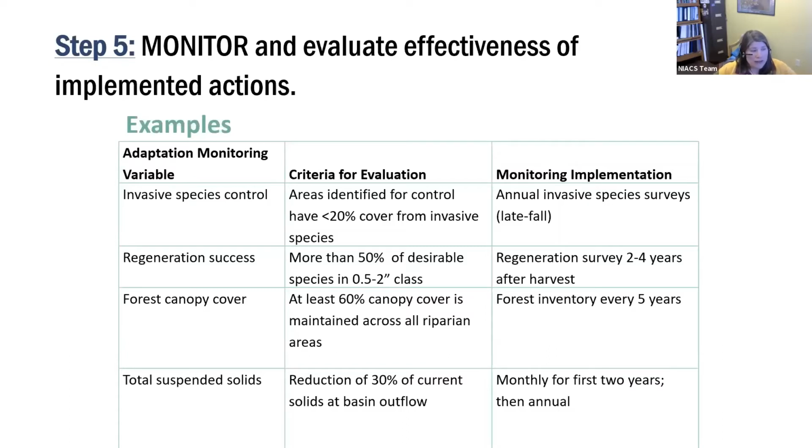For one related to forest canopy cover, we're looking at least 60% canopy cover being maintained across all riparian areas. And we're looking at measuring that effect every 5 years through standard forest inventory. For one more related to watershed management and looking at total suspended solids, we're looking at a reduction of 30% of current solids at basin outflow, and measuring that monthly for the first 2 years, and then switching to annual